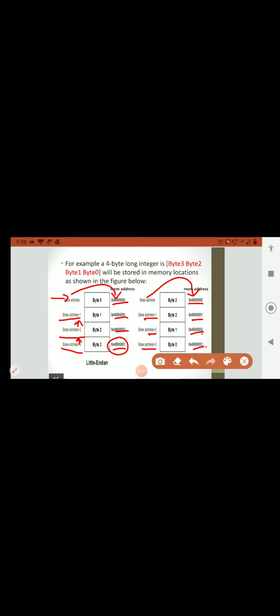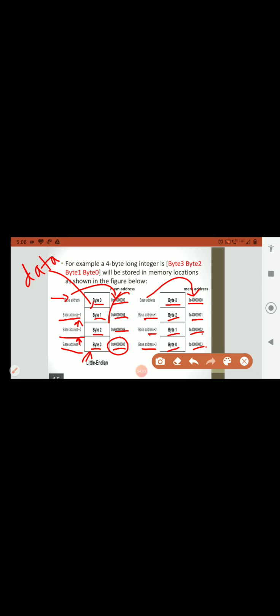Now what I have mentioned here is byte 0, byte 1, byte 2, byte 3. Here also byte 3, byte 2, byte 1 and byte 0. So this is nothing but the data which is available in the register, and that data is to be stored in these memory locations.